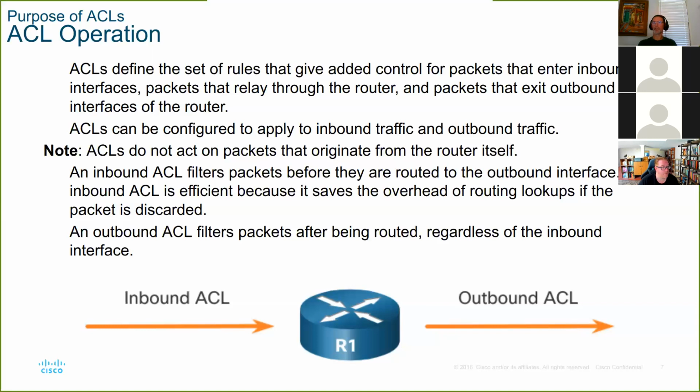It does its routing check, and it pushes it across to some outbound interface, at which point we check for an outbound ACL on that outbound interface. If there is one, again, the same process. It checks through all the rules, applies the action of the matching rule once it gets to it, stops checking any further rules, and either permits or denies it. If it's a deny, it gets dropped in the bit bucket. If it's a permit, it gets handed off to the interface to be processed and sent out along its merry way.